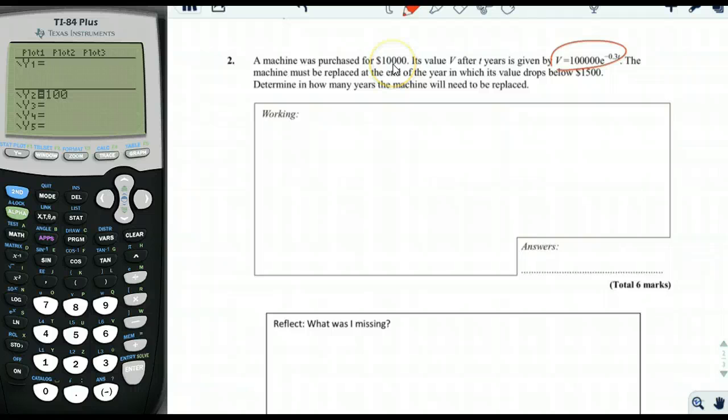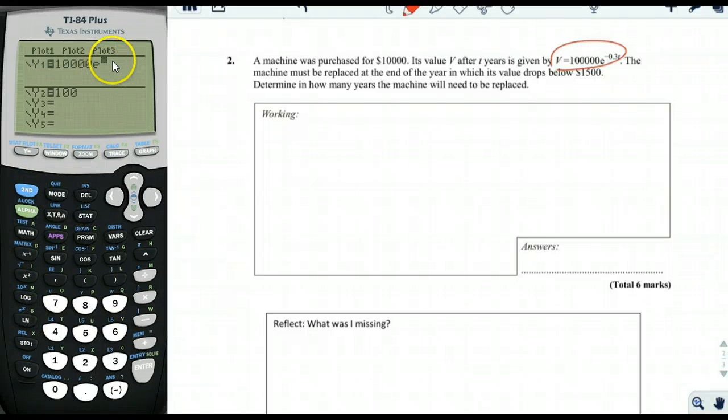that's interesting. I think there's a misprint here, and I'll fix this on your test. So instead of 100,000 here, we want it to be 10,000, right? And then we'll put e to the negative 0.3t. And you can see that since this is in the exponent here, there's no danger of